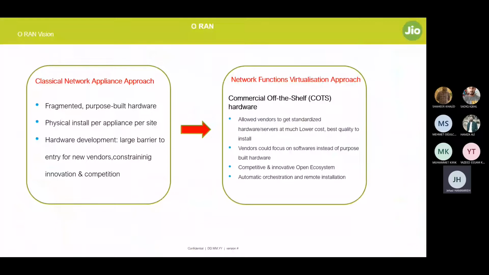But the network functions virtualization approach is a new concept that's built on top of commercial off-the-shelf hardware, and this automatically allows vendors to get standardized hardware servers at much lower cost, which can result in best quality installed systems. Second, vendors could focus on software instead of purpose-built hardware. So you are going to focus all your solutions, your excellence, your intelligence, your innovation in terms of methods, techniques, transmission schemes, and designs, implementable in software instead of implementing them in hardware, which is handy,